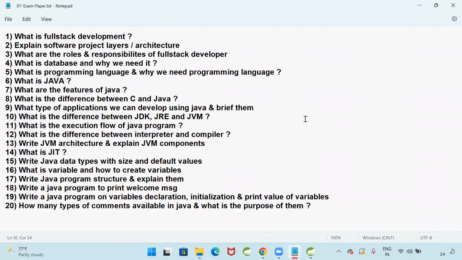So all the 1 week classes are covered in these questions. All the 1 week classes are revised. So what is your confidence? Easy or difficult, are you feeling programming is easy or difficult? Easy.